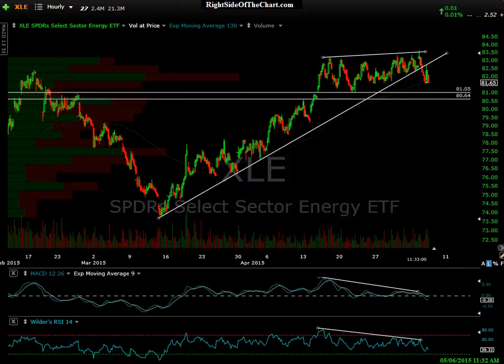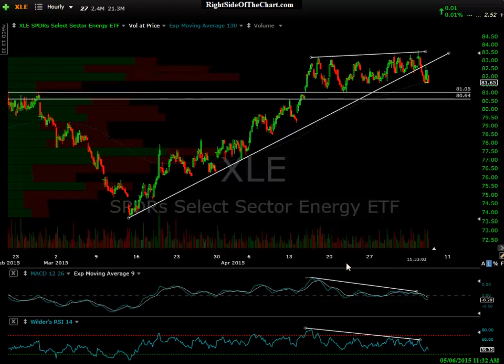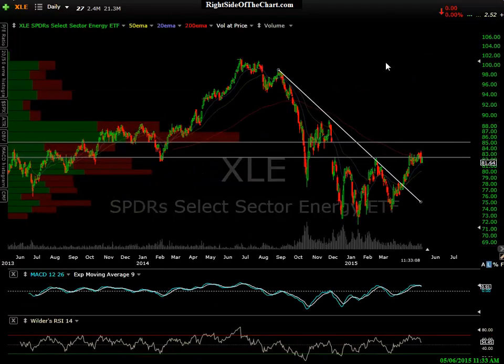So that's XLE. Nice 60-minute breakdown, negative divergences in place, textbook bearish rising wedge pattern. From a daily perspective, very similar. Obviously, the energy sector tracks crude oil prices, and just like USO, we've had a breakout, more of a weak, limping-through breakout. We had a couple spikes above, maybe a couple recent closes, and now we're back below there. So that, number one, is bearish for those people that are just focusing on the chart of XLE. Prices broke out, so took out the 200-day as well as this horizontal uptrend line, but now we've moved back below. So that in itself is a bull trap.